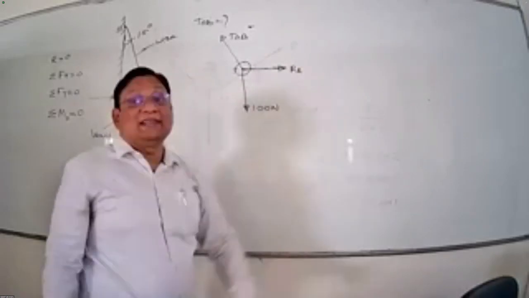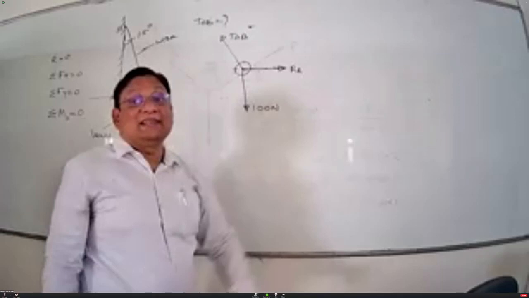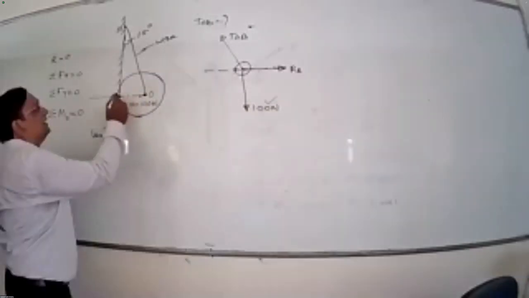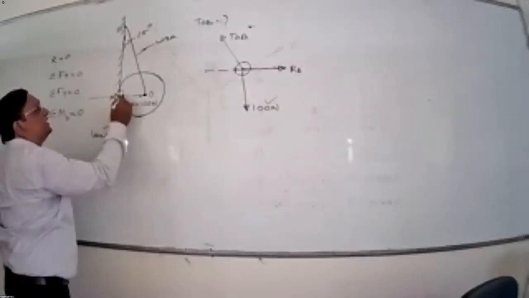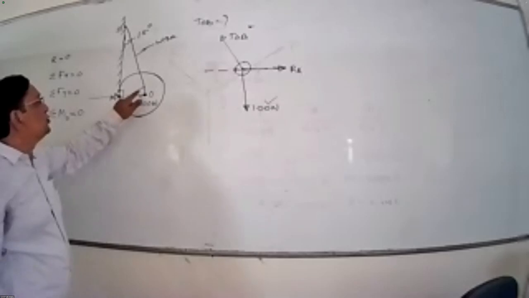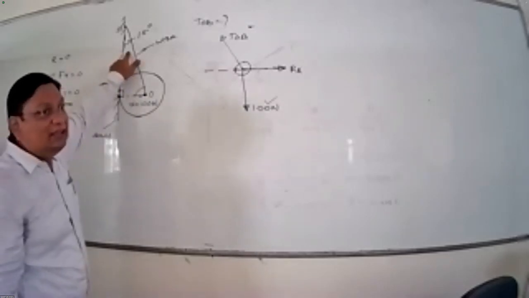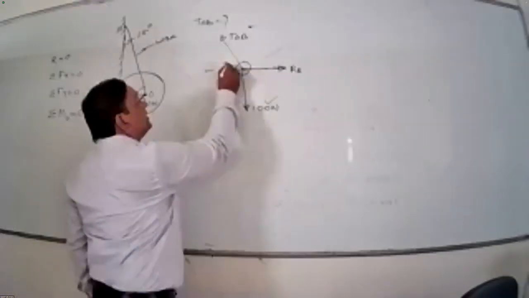Now you have to find out the angles. Out of these, one force is known to you, the weight of the body. So the other angles I have to find out here. How much is the angle here? Here 15 degrees is given. If you consider this triangle, this is 15, this is 90 degrees. So how much will this be? This has to be 90 minus 15, so definitely this will be equal to 75 degrees.